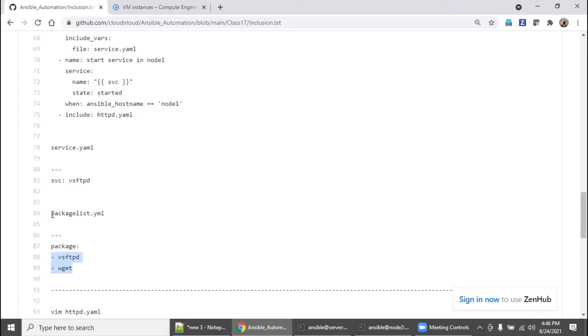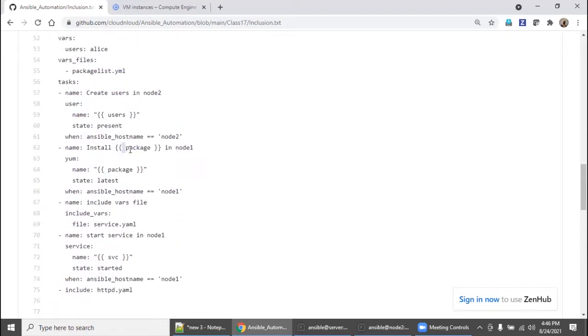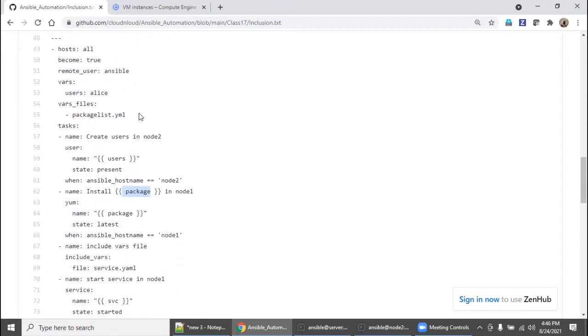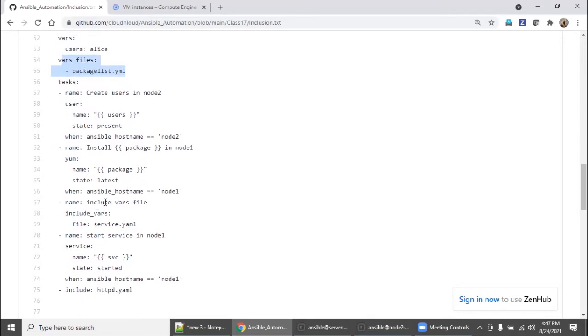So when we call this playbook, the playbook will check here what we are about to nominate. Ansible playbook will go to this file and pick up the variable along with the values. And then we also restrict this play to execute only on node 1, and include variable.